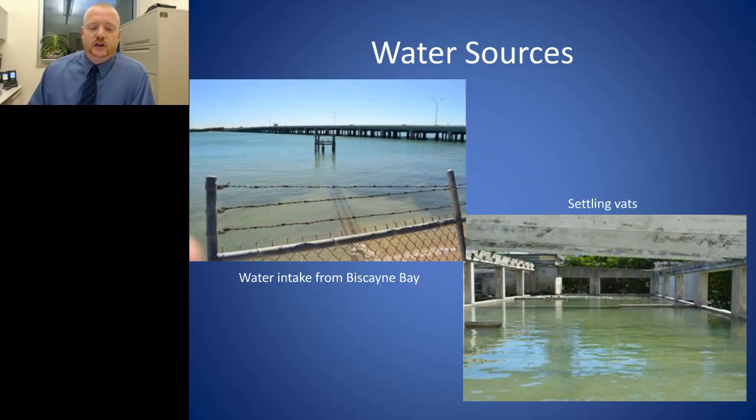And you can see on the upper left picture, there's some tubes that kind of run along the ground, and then they go out to a little stand where there's a bunch of cormorants drying their wings, and that's where we have water intake. And once the water gets pumped from that location, it goes into these settling vats, which you see on the bottom right, and it's a series of chambers where sediment can slowly fall out of solution, so by the time the water gets to the other end, it's pretty free of particulate matter.